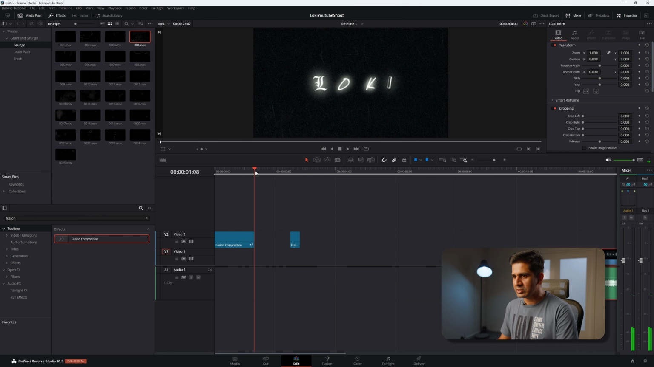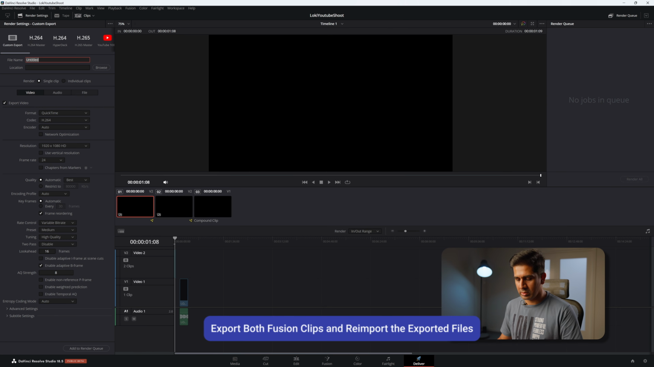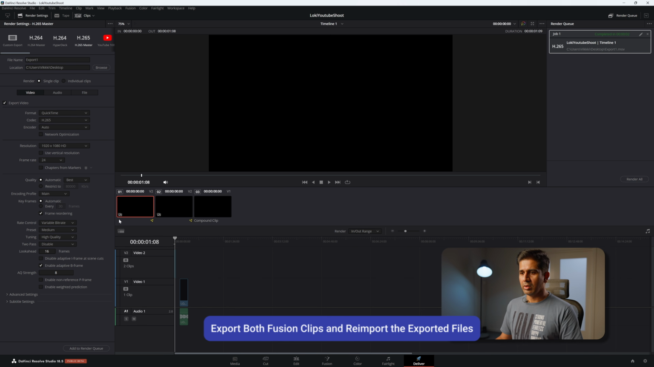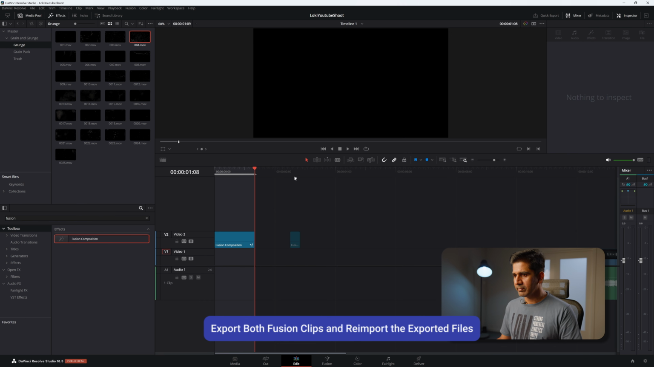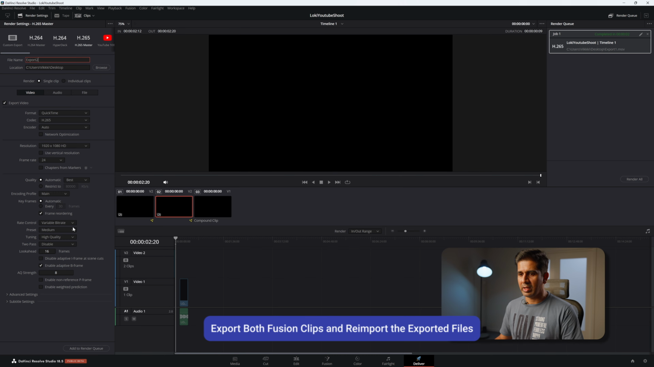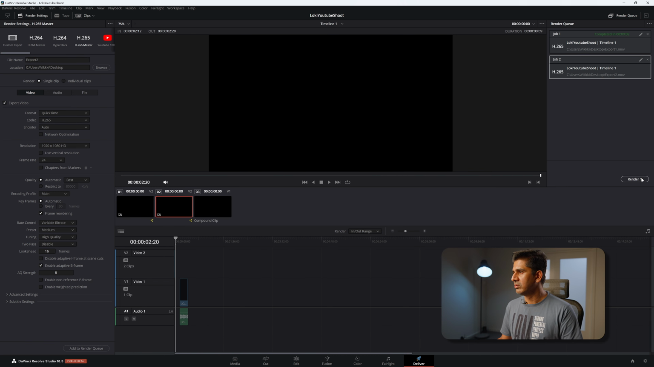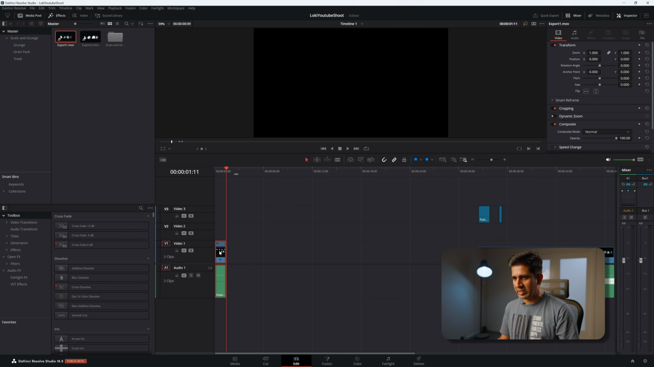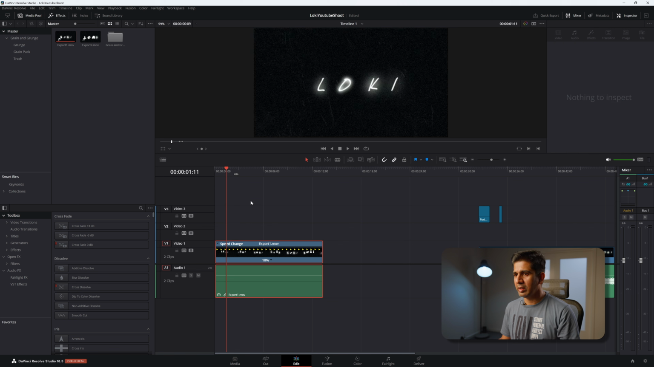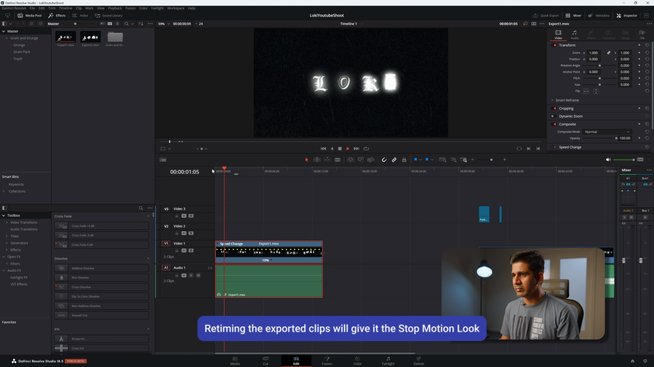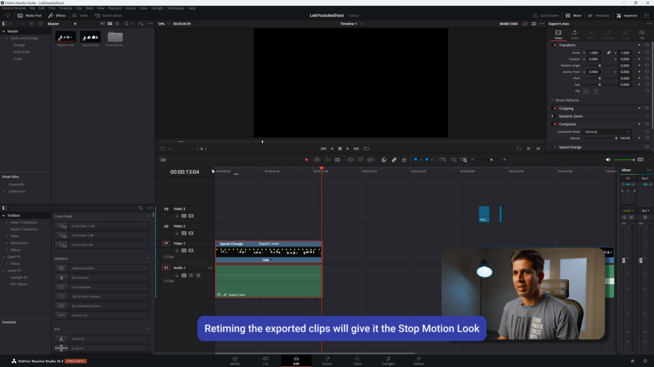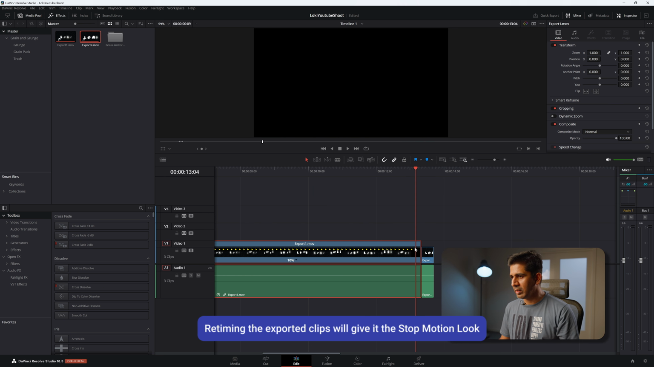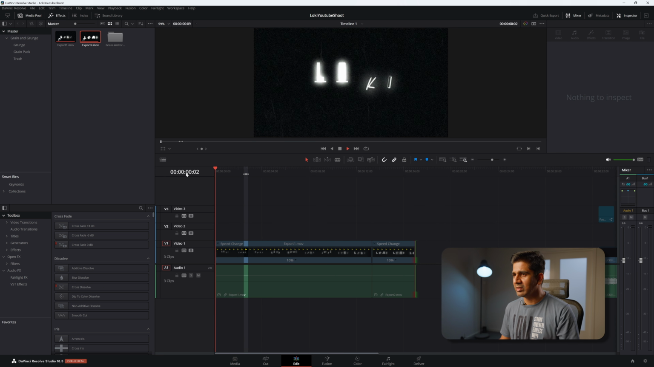So let me create 2 exports. So I'm just going to call this export 1. Cool. Now come back to the next one, do the same thing, deliver, add to render queue, render. Bring in export 1, and I'm going to retime this to 10%. And if I look at it, and then bring in export 2, and then retime this as well to 10%. And now if you play them together,